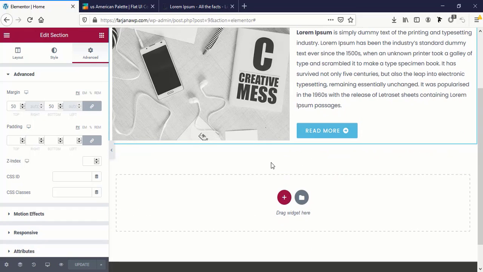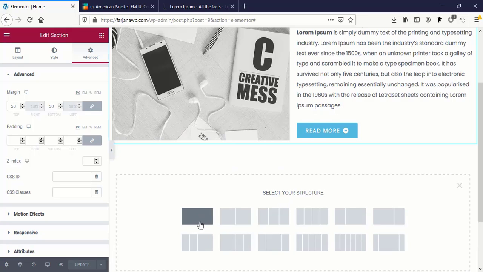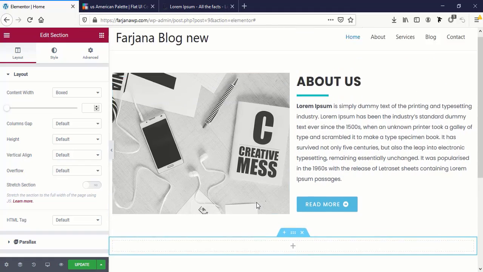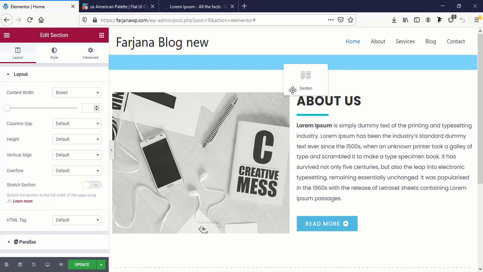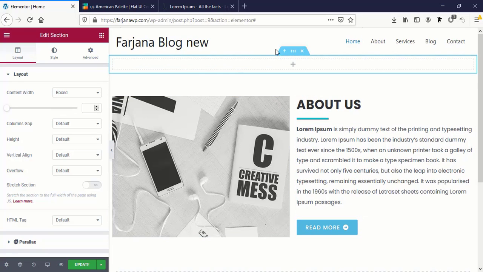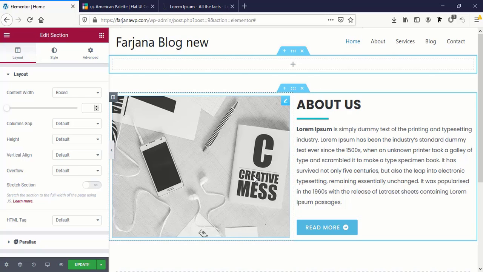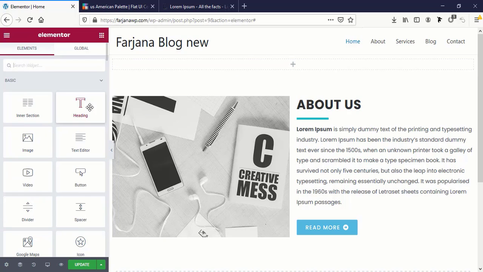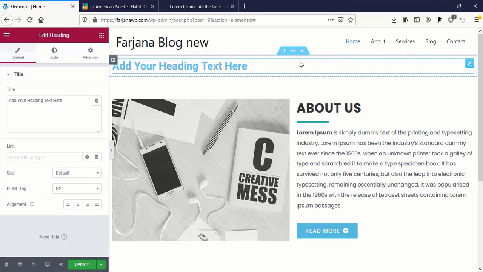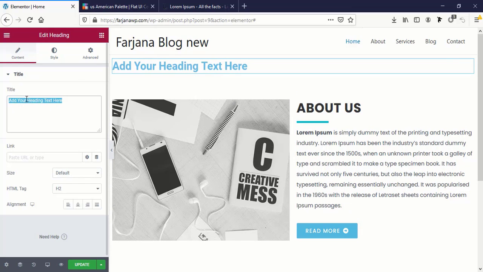And now I want to create another section, and this time I am taking a full width section, and I like to use this section move to top. Yeah, so top area will be kind of banner area, and then will be some text about us. So for this section I'm just taking a title and I'm typing here, welcome to our website,